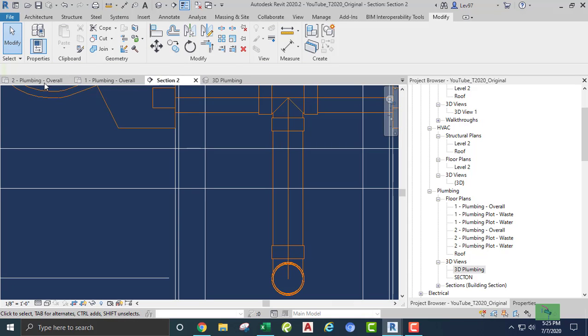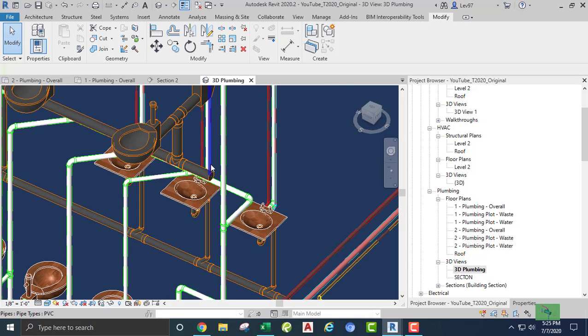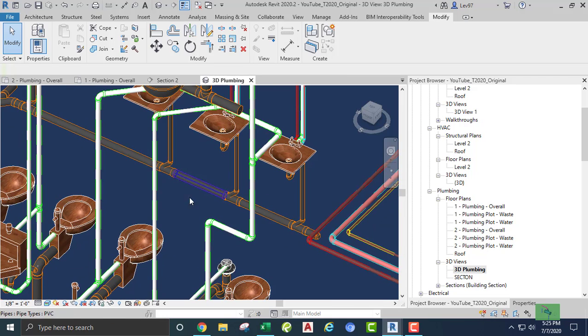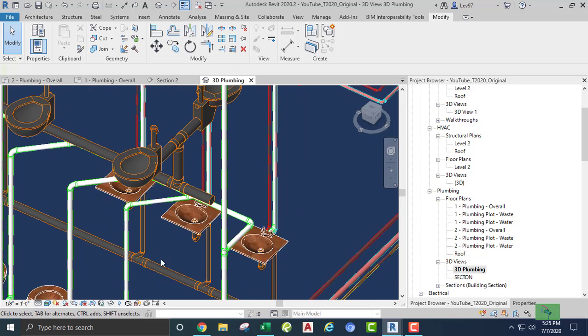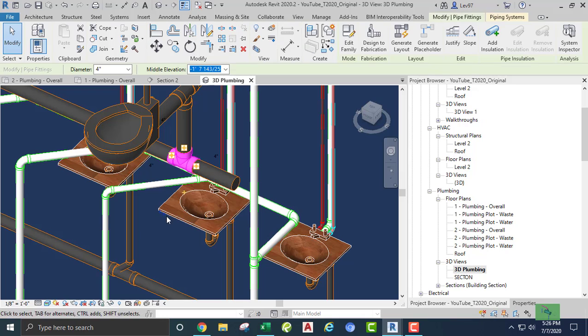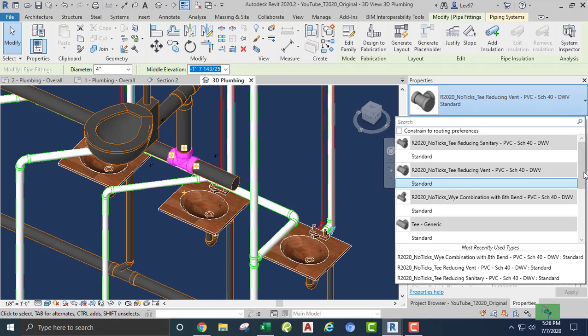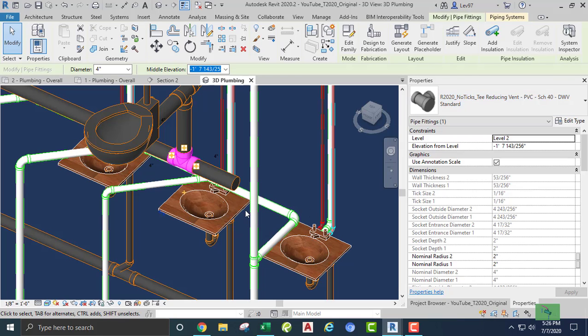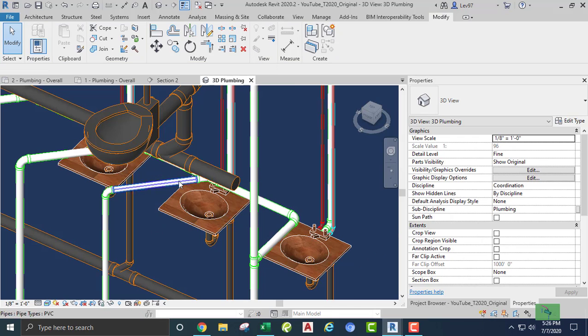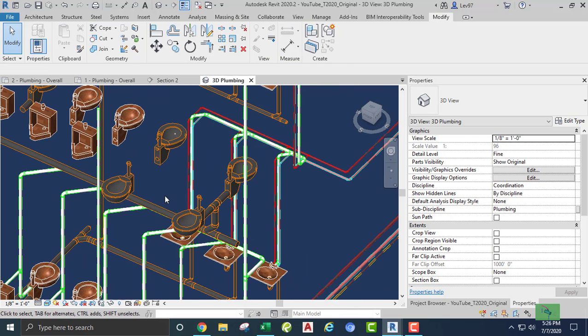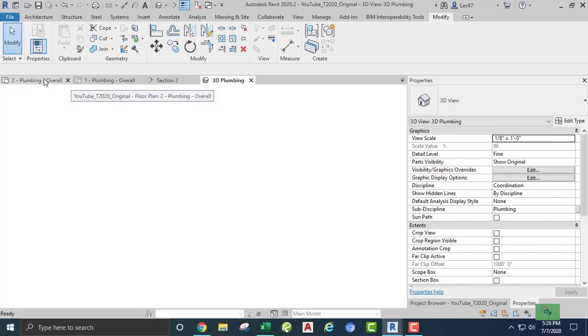I'm gonna change the fitting to a combination Y and T. Okay, hopefully it will work. And okay, so we go up and we choose combination. So it worked. That's good. And so now